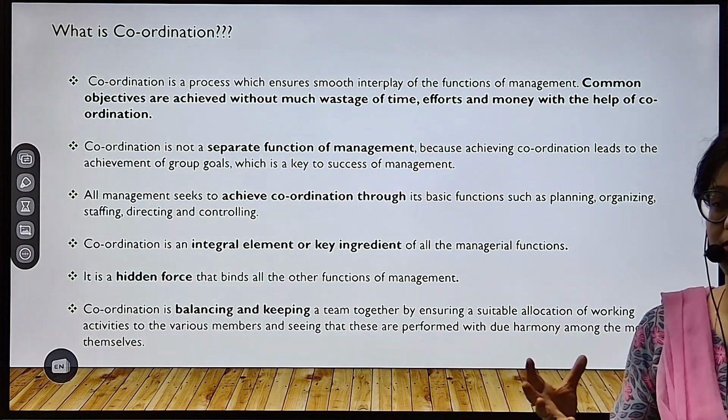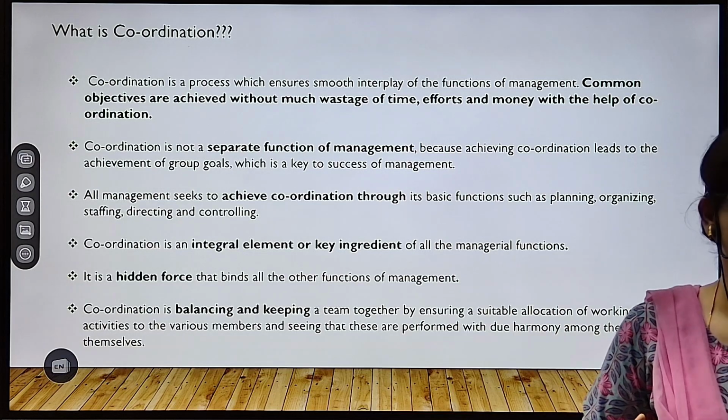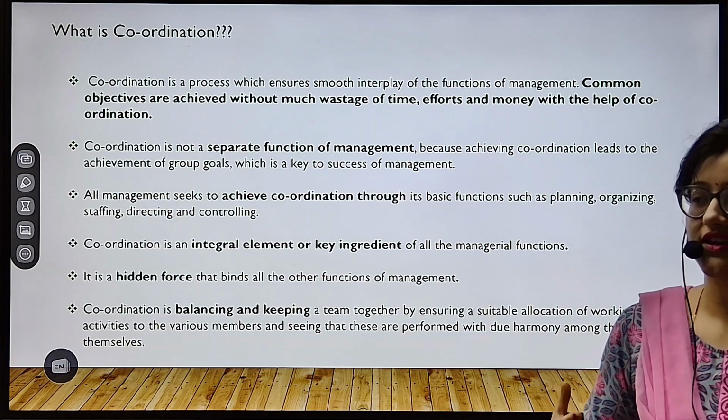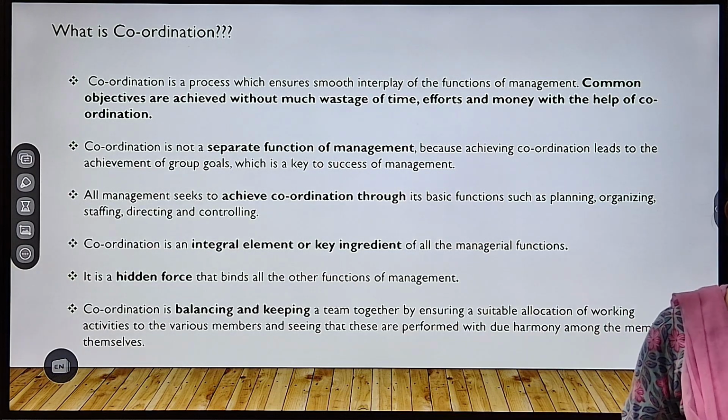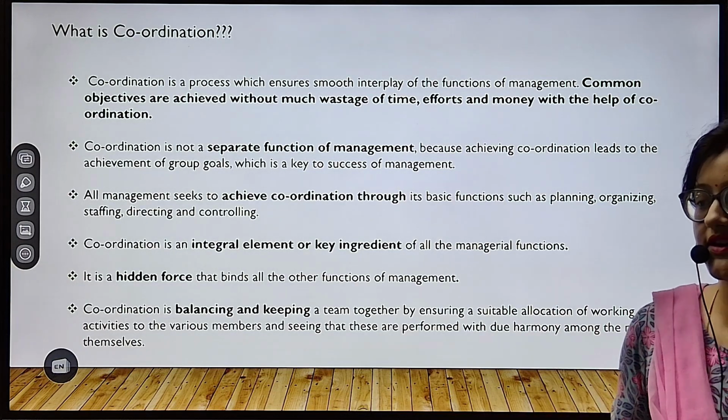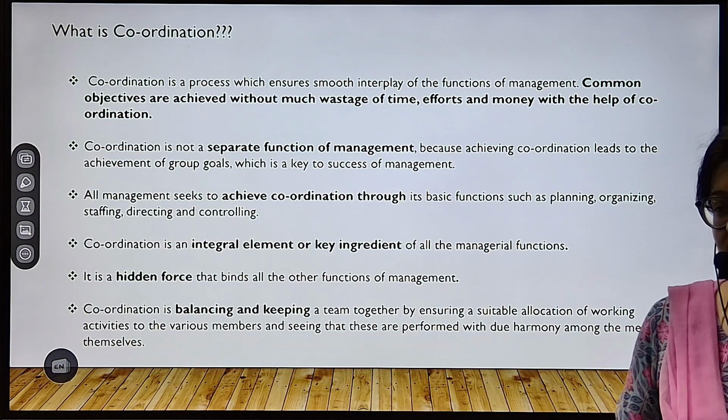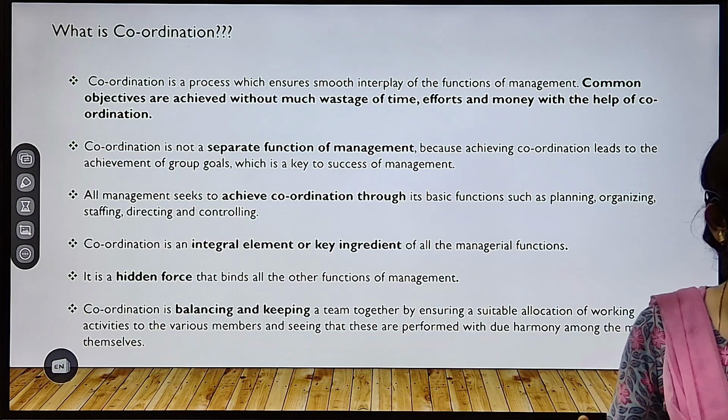Coordination is the orderly synchronization of efforts towards the fulfillment of the objectives. How the things will be done in a smooth manner, in a coordinated manner. That means,